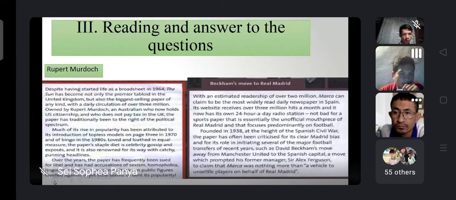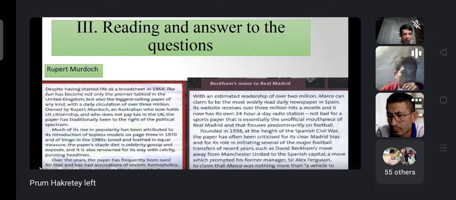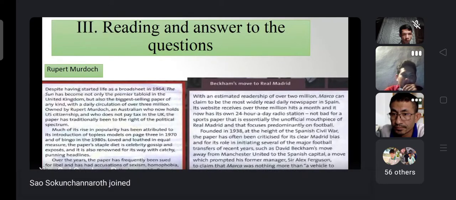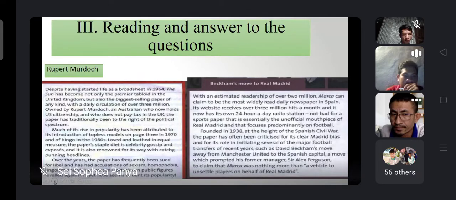The main point, the main part of this newspaper, they talk about the start of the broadcast, the famous newspaper that they call the Sun, and it is related to the politics of Finland, that they talk about Finland that is controlled by